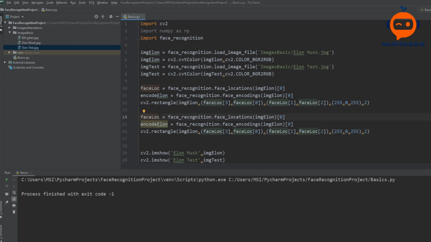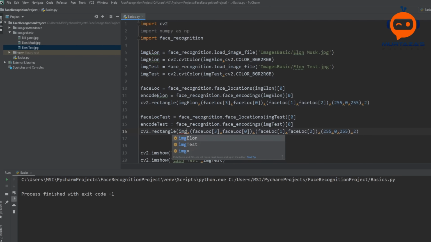So we can write here face location test, and then image test, this again test, or let's remove the elon, and then image test, and this we will have to replace.